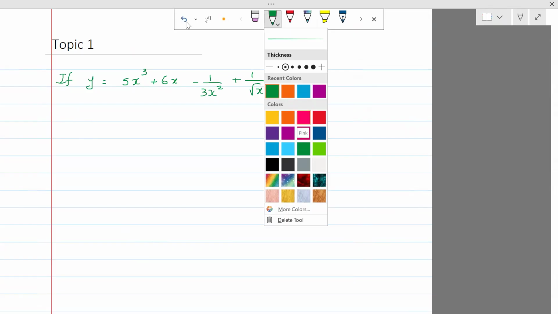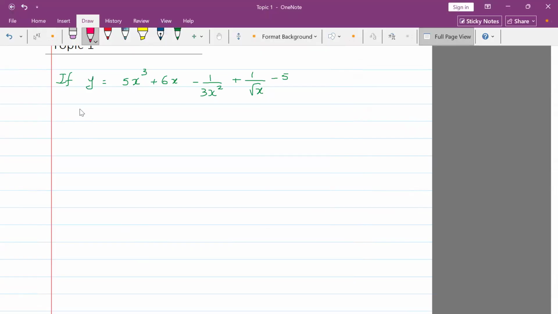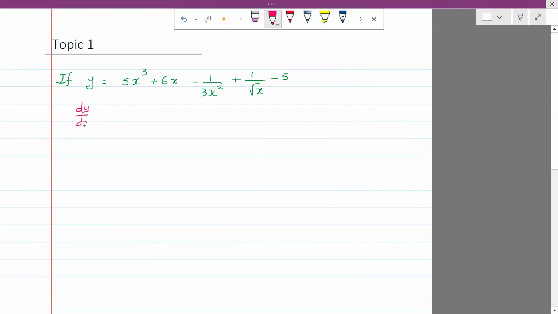So now let's continue with this. Let's say I have y equals 5x cubed plus 6x minus 1 over 3x squared plus 1 over square root x minus 5. If I tell you find dy by dx, I like using different colors just to grab attention. dy by dx becomes, take the 3 from here, 15x